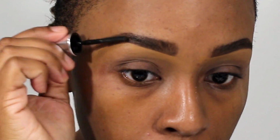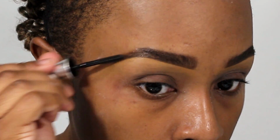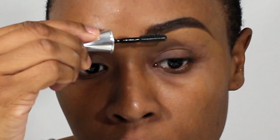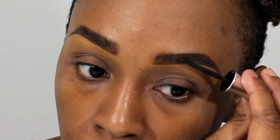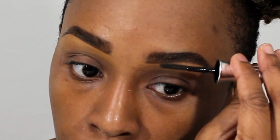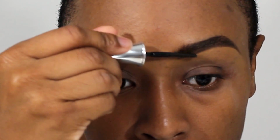And I brush the hairs that are closest, the hairs at the inside, upwards, and the hairs that are on the outer edge in that direction. And I like this because it keeps my brow hairs where I want them to be. I do like my inner corner, or the brow hairs at the beginning, to stand straight up. I like how that looks currently, so that's what I do, and this keeps it